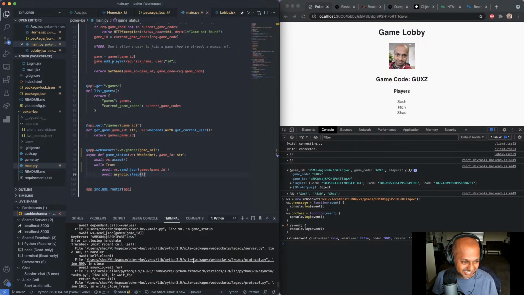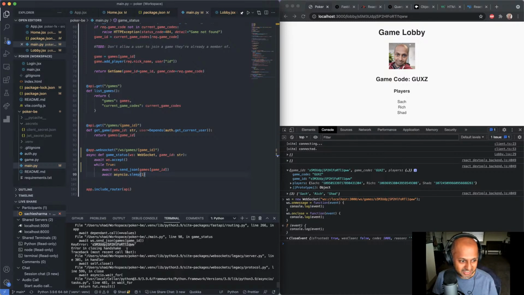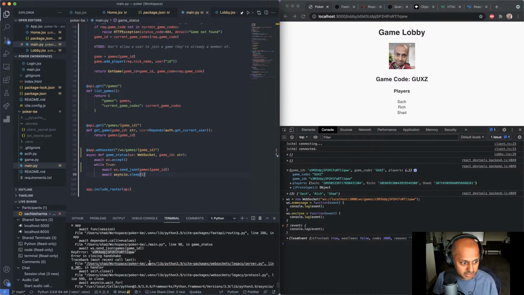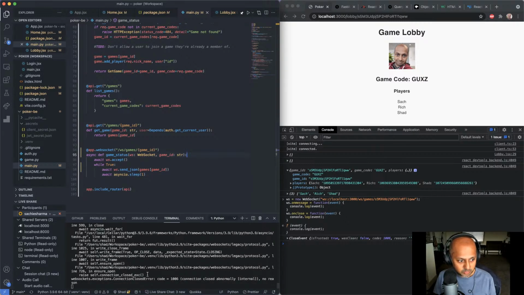What does this mean? Okay, key error. This game ID doesn't exist. Oh, that is weird. It should exist. Key error. Okay, so that's interesting because that means we did manage to get the game ID, but